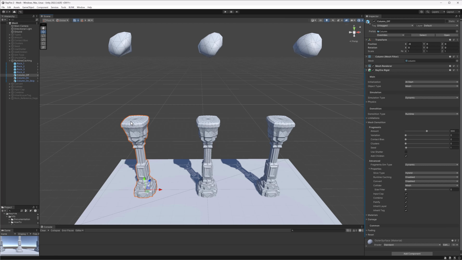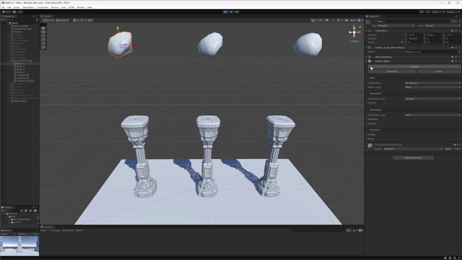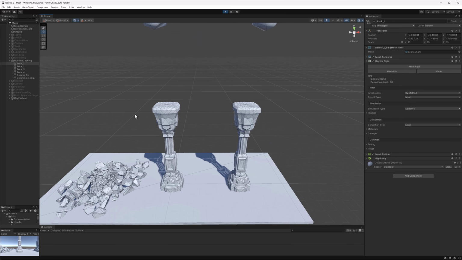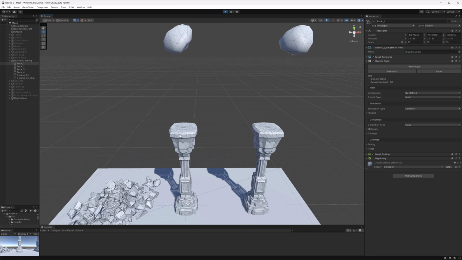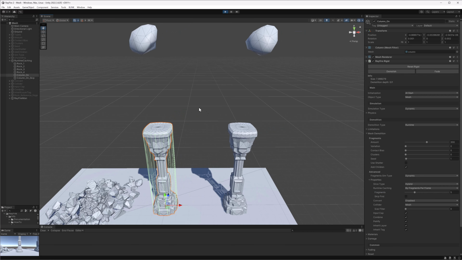So in this case, runtime caching is disabled, and I have set 300 points here, which is a pretty big value for runtime demolition. And notice the huge FPS drop when this object is demolished. As I noticed, there was a pretty big lag when the rock collided with the column. So in this case, I enabled runtime caching for this column, and I set it to 5 fragments per frame. So this time,